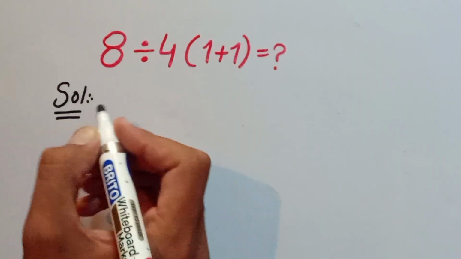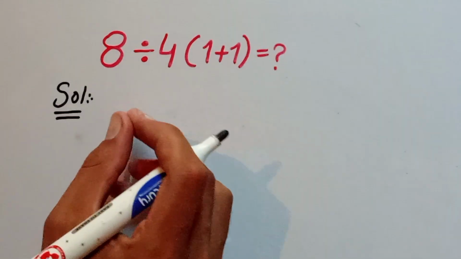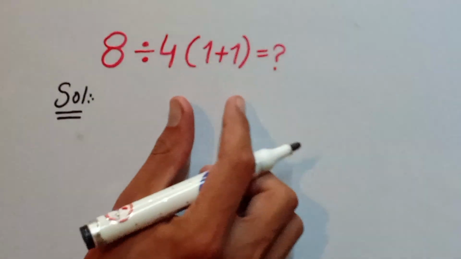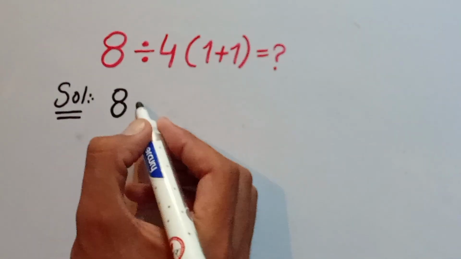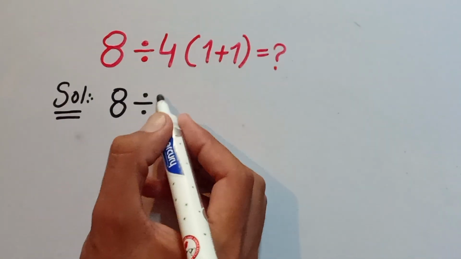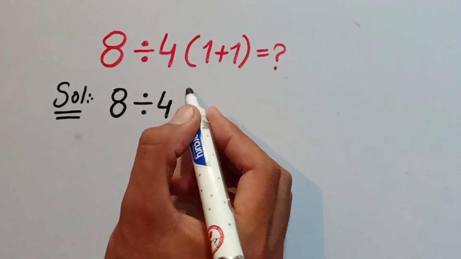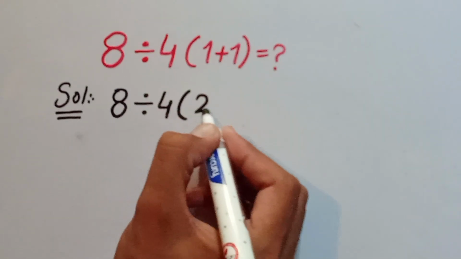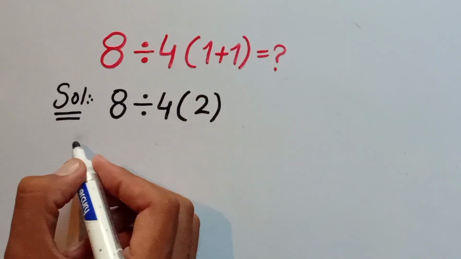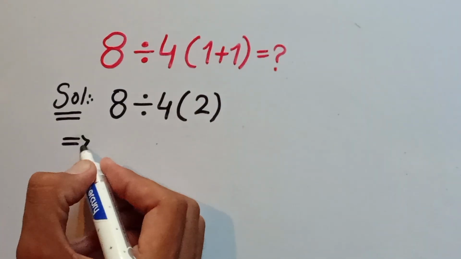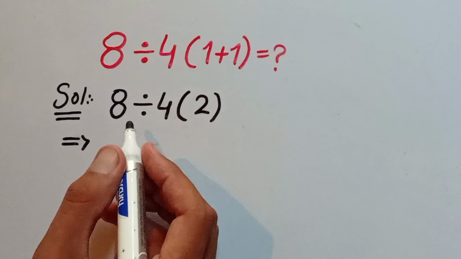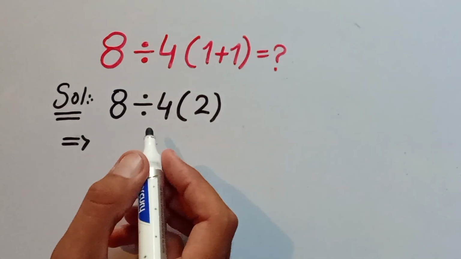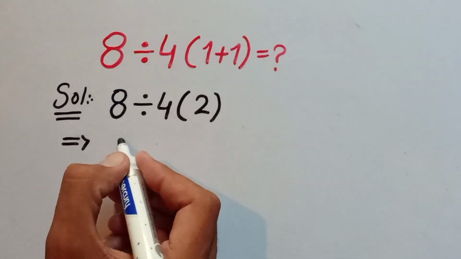guys, in PEMDAS parentheses have higher priority than other operations. So firstly we solve the parentheses. 8 divided by 4 (2). Now guys, here 8 divided by 4 is 2